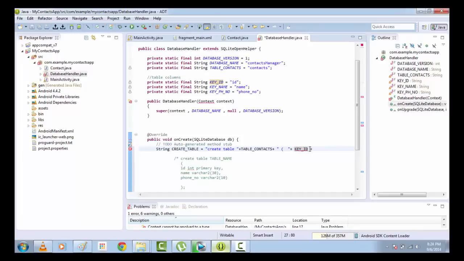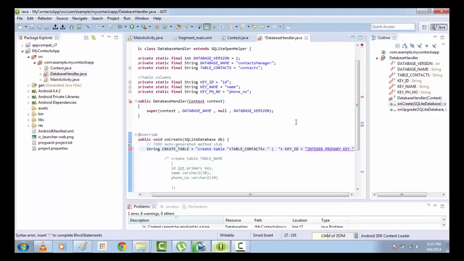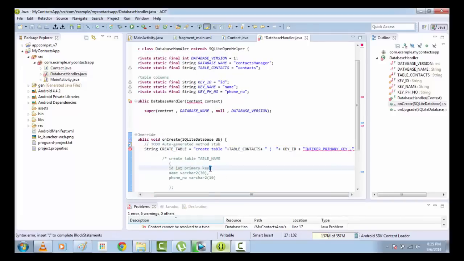Then after that the data type is integer here, and it is the primary key, and comma, don't forget the comma, and then we will be writing name, so we will write plus key name,